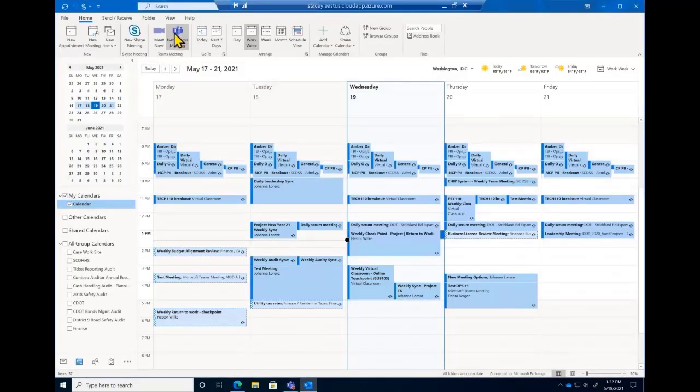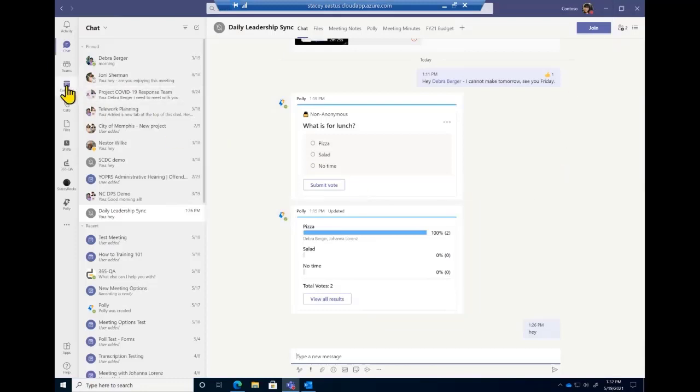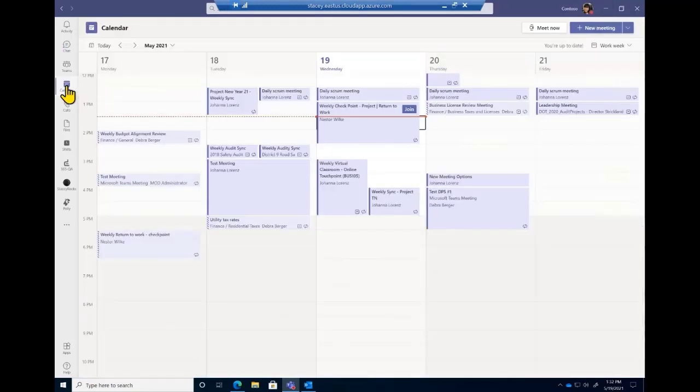If you have the Teams plugin here, you can schedule a meeting. And because it's integrated, when you add it to your Outlook calendar, it copies to your Teams calendar and vice versa. So if you're already in Teams, there's really no reason to hop into Outlook to create the calendar invite. You can just do it directly from here.